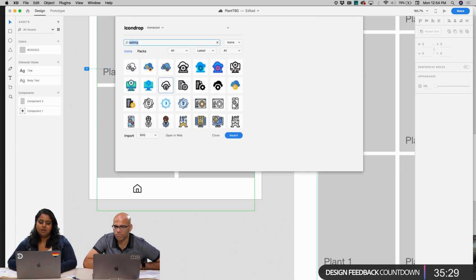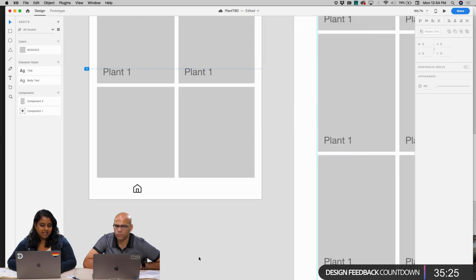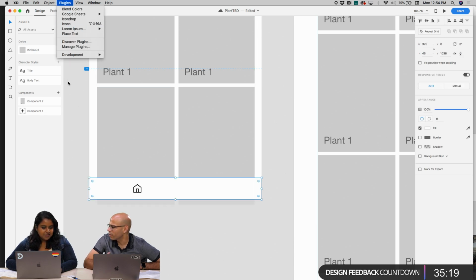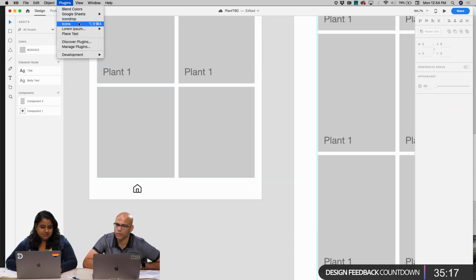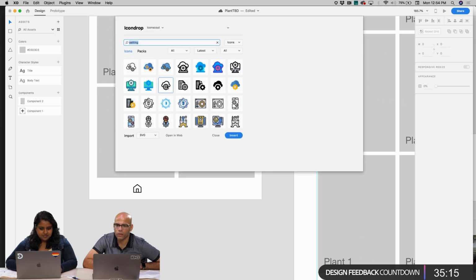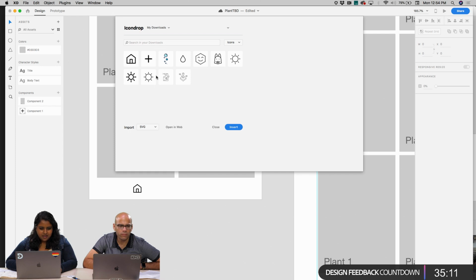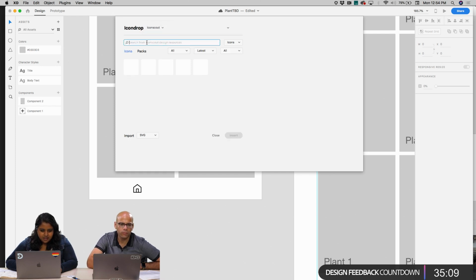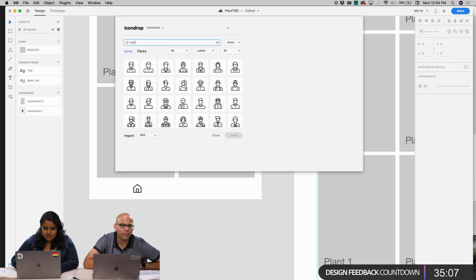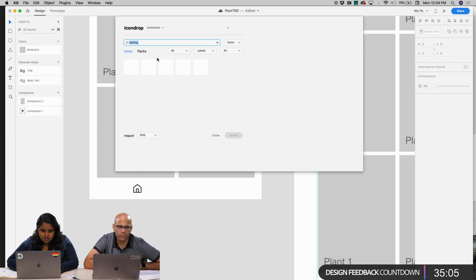Yeah, so that's one of the reasons why I've also gotten in the habit of designing first for mobile. It's just a few clicks away from getting into the experience and actually activating the things that you want to activate. All right, so I want to get a settings icon, and if I look at settings,